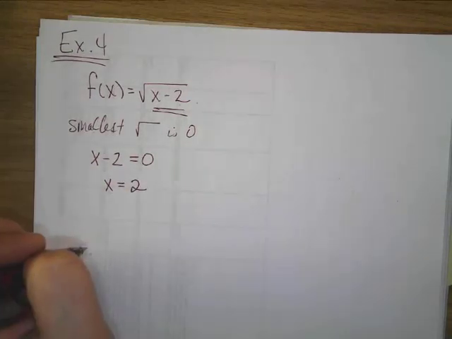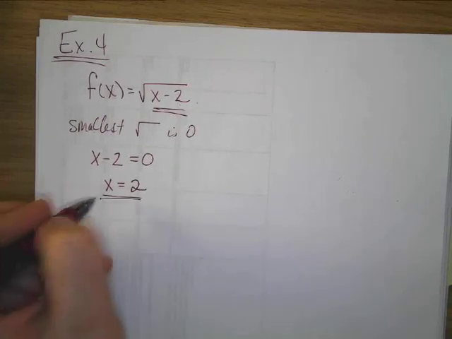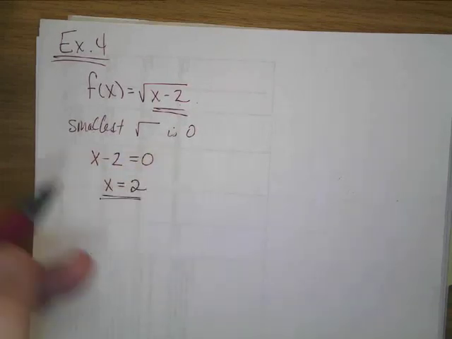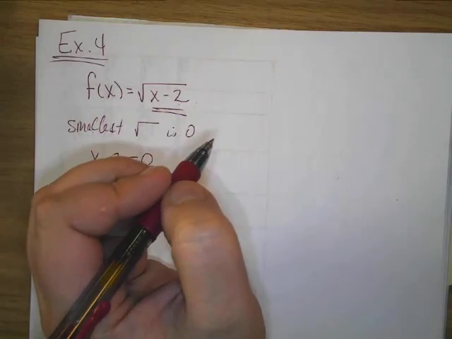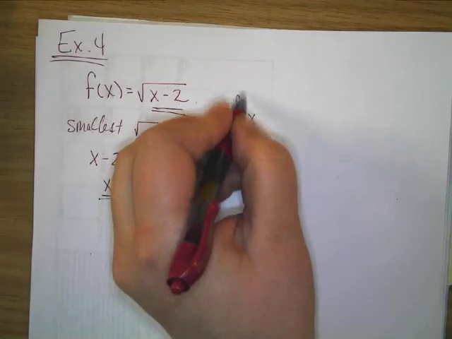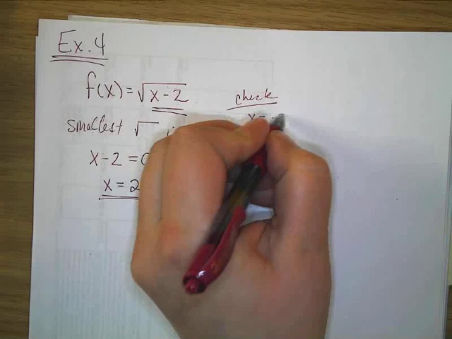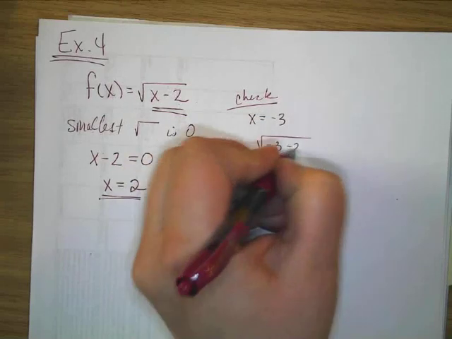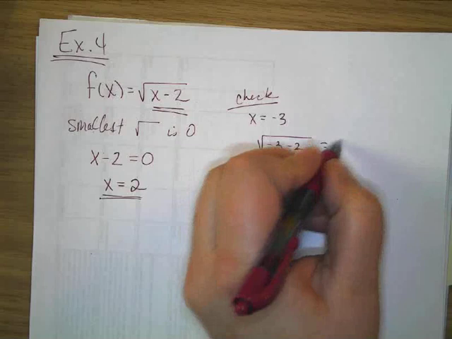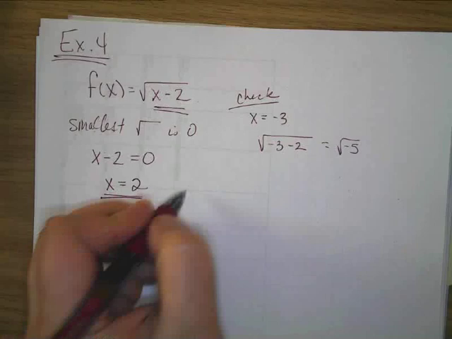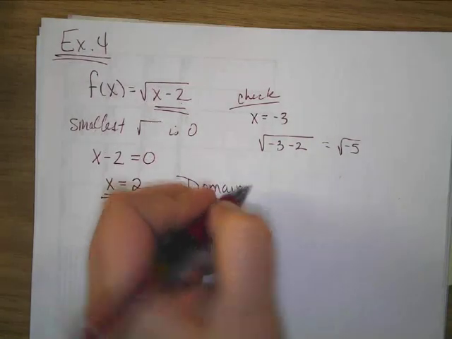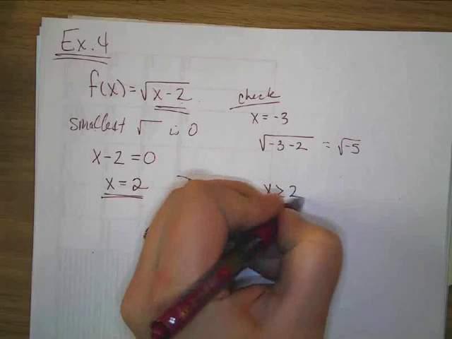Now the question is, do we get numbers above 2 or less than 2? Here's how you can check. We know that x equals 2 is going to make it 0. So let's pick a number on the other side of 2. Give me a different number. -3. So if we said x is -3 and put that in there, what's -3 minus 2? -5. Can I have the square root of a -5? No. So do I want below 2 or above 2? Above. So your domain